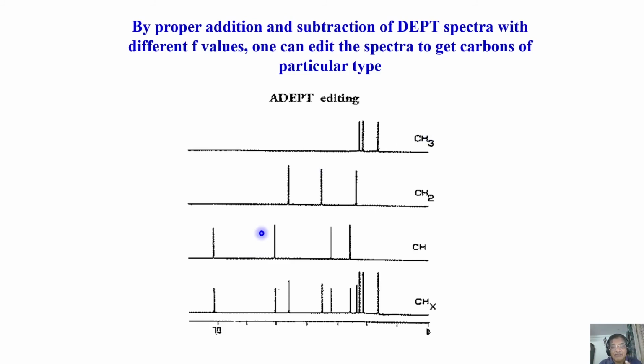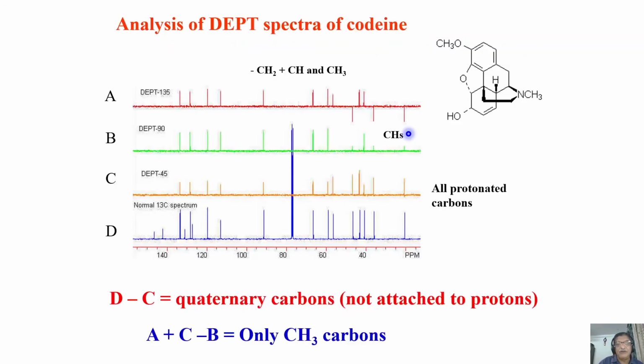Secondly, this is an experiment done by using what is called a polarization transfer. An added advantage is you bring the polarization of the proton to carbon, enhancing its signal intensity. That's one other advantage. So this experiment has many advantages. So this is commonly utilized by all the chemists.